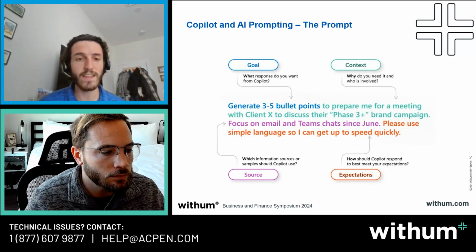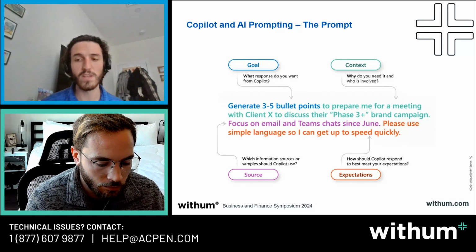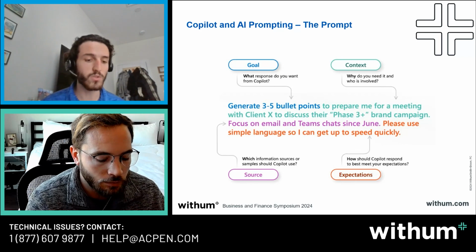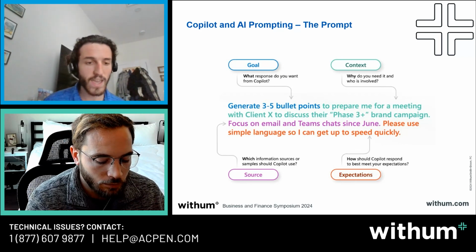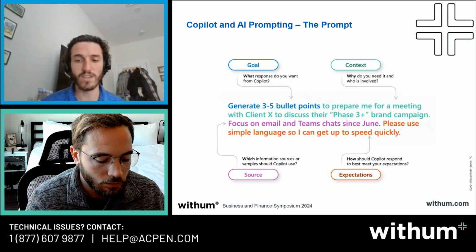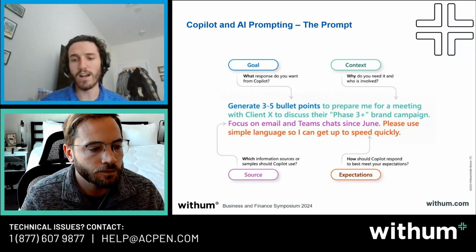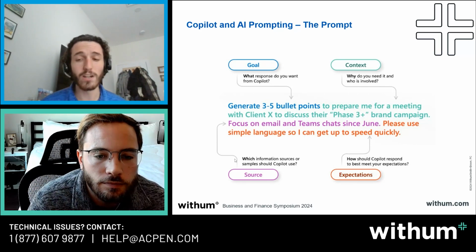So you can see that in the example provided, they want to use simple language so that we can get it to speed up quickly. You can use it to affect the tone in which the AI delivers the output to, amongst other things as well. The more you begin leveraging natural language prompting, and get more comfortable actually interacting with the chatbot,